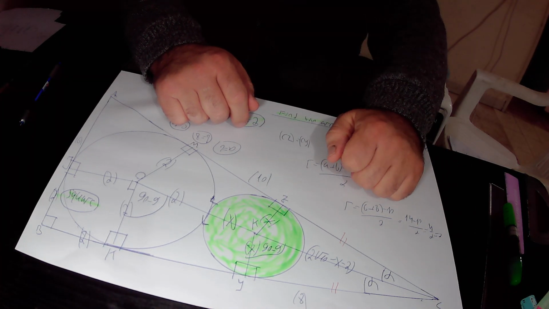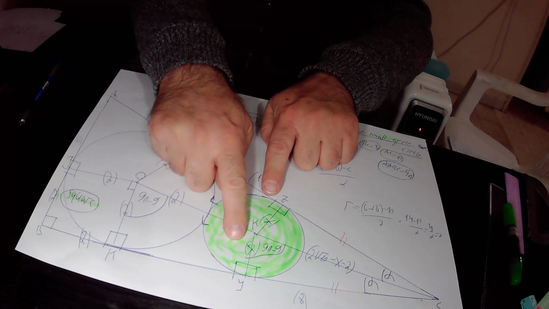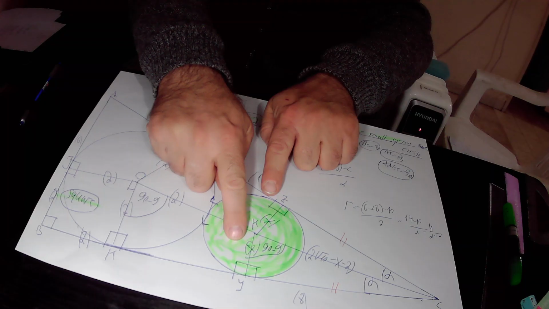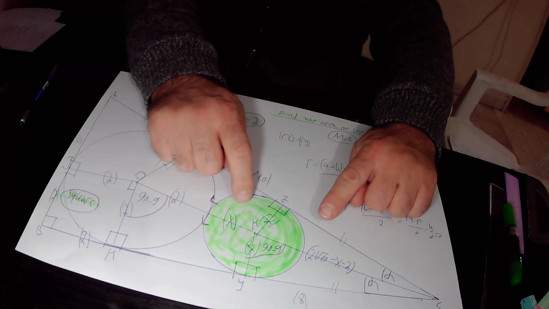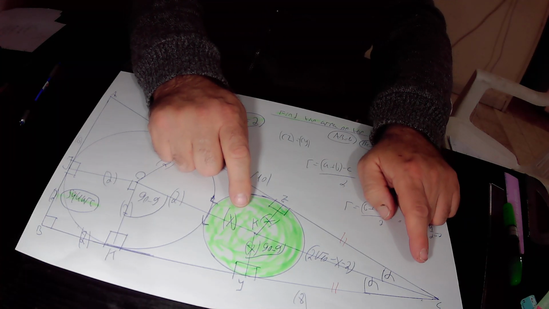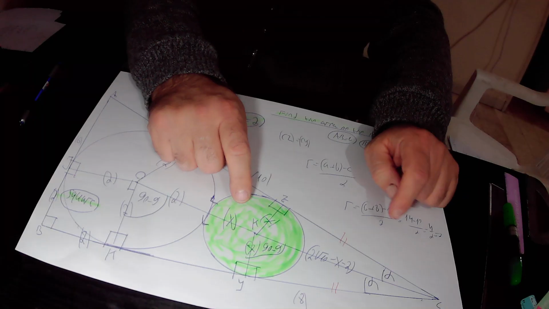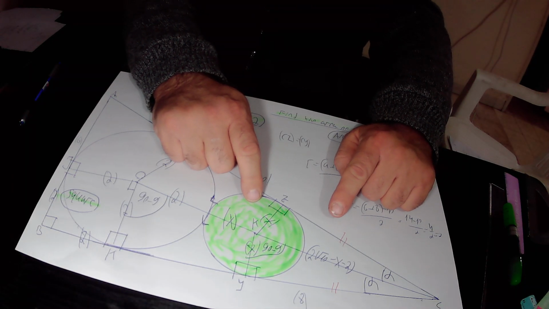In addition, those two sides are both the radius of the green circle. This equals X, and therefore they are equal to each other. And finally, KC is the common side that belongs to both triangles, so we can write down that KC equals itself as the common side that belongs to both triangles. So in total, all three sides of this right triangle ZKC are correspondingly equal to all three sides of this right triangle KYC,